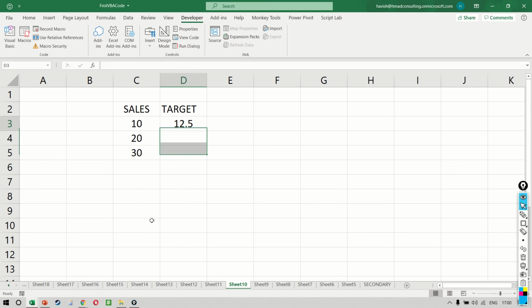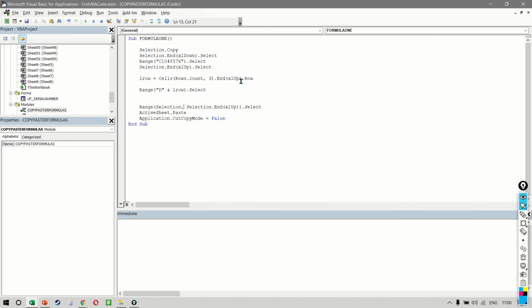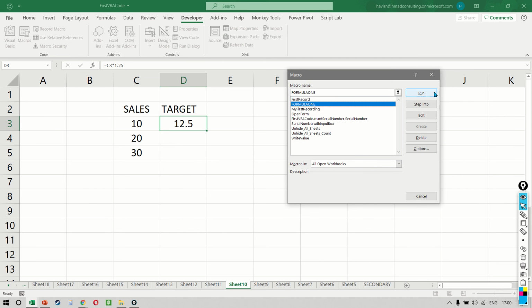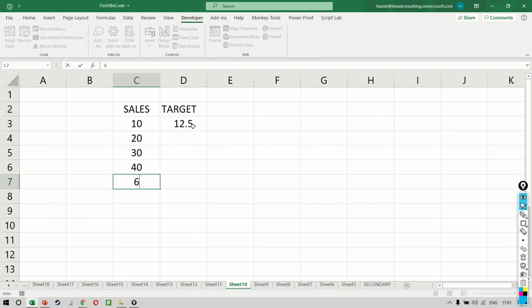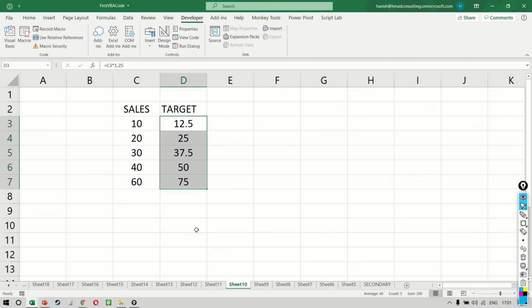So this time, when we are only working with 3 rows and I run my formula 1, wait a second, it was formula 1, right? Excellent. So when I run formula 1, you will notice that it gives us the result. But let's try this with some more numbers. Let's say we have a 40 and a 60. Again, you notice when I click on macros and formula 1, you notice it works perfectly.